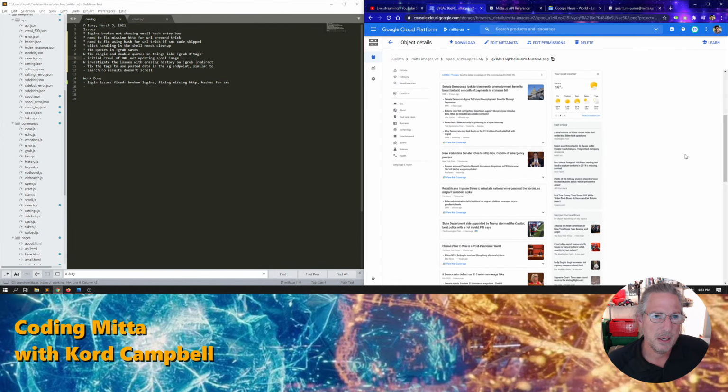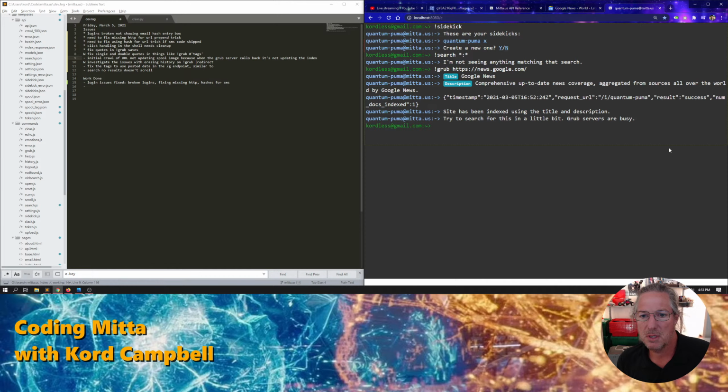And the reason why it's not updating is because when the grub server calls back, it's not updating the index. So even though, like, if our timeout, we're looking at the spool. So we're actually looking at the spool to see if here in a timeout we've got this